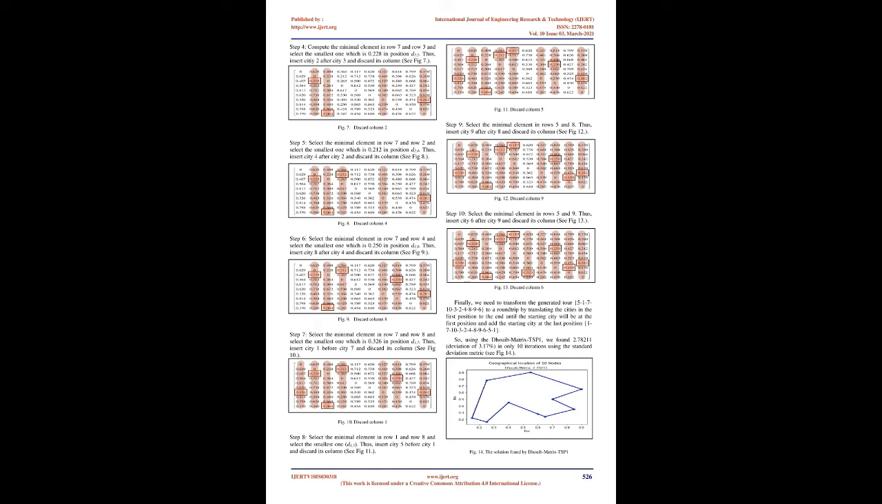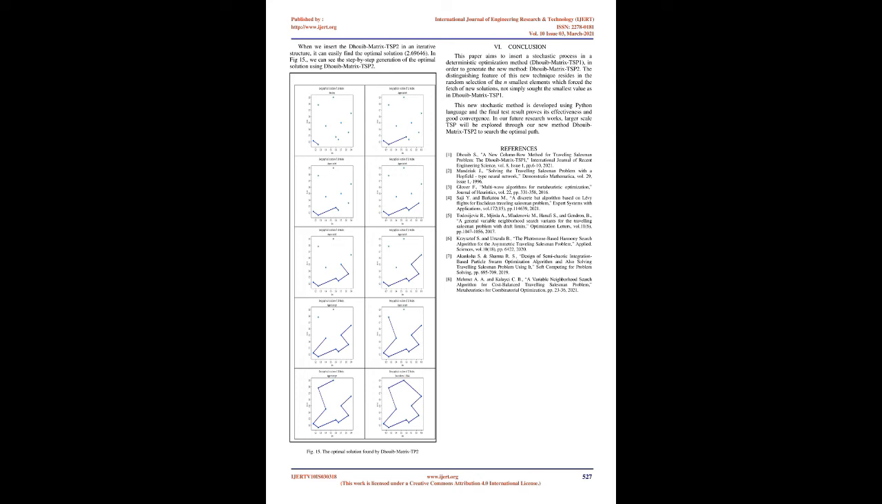See Fig 2. Well, to quickly and effectively search the optimal path for the 10 cities of the traveling salesman problem, we first apply the Dhouib Matrix-TSP1, which needs only 10 iterations. Finally, we need to transform the generated tour 5-1-7-10-3-2-4-8-9-6 to a round trip by translating the cities in the first position to the end until the starting city is at the first position, and add the starting city at the last position: 1-7-10-3-2-4-8-9-6-5-1. So, using the Dhouib Matrix-TSP1, we found 2.78211, a deviation of 3.17%, in only 10 iterations using the standard deviation